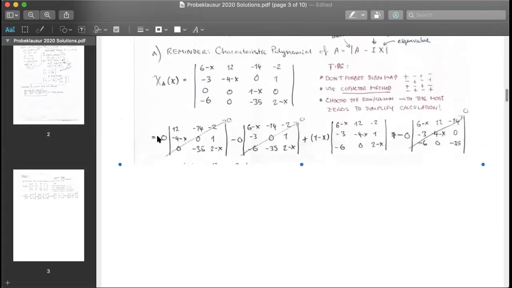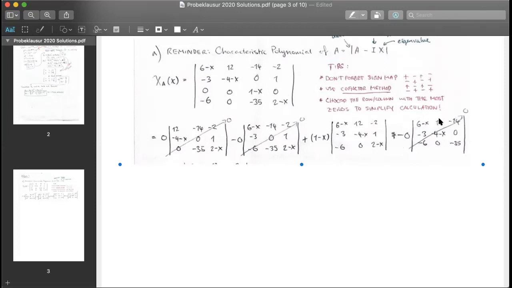It's a positive 0, all right? But positive 0, negative 0 doesn't matter because everything's 0 anyways. Then it's going to be minus. And why is it a minus? Because the sign map is a minus in this position. So minus 0 times the little matrix you get from excluding this row and this column, plus this cofactor times the little matrix you get from excluding this column and this row, right? And then again, it's a minus 0